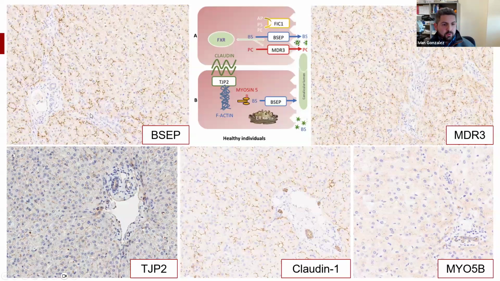And here are some control photographs of the immunohistochemistry markers that you can use, BSEP and MDR3. These immunohistochemistry markers are quite challenging to get to work, and we don't have them here at IU. If I have a case, I just send it to a reference lab. I suggest doing the same, sending it to a reference lab that has a lot of experience with these antibodies, because these are very rare cases and very tricky to make the antibody work perfectly.